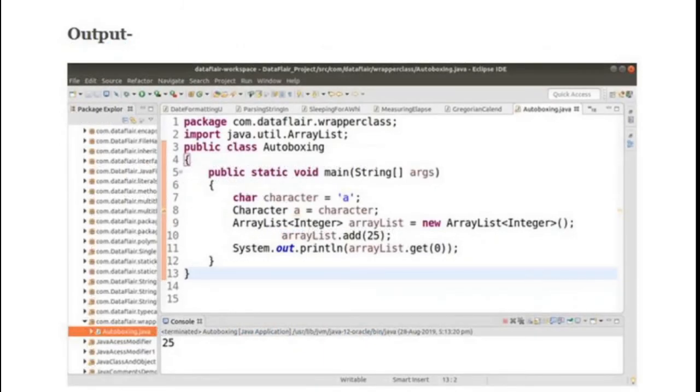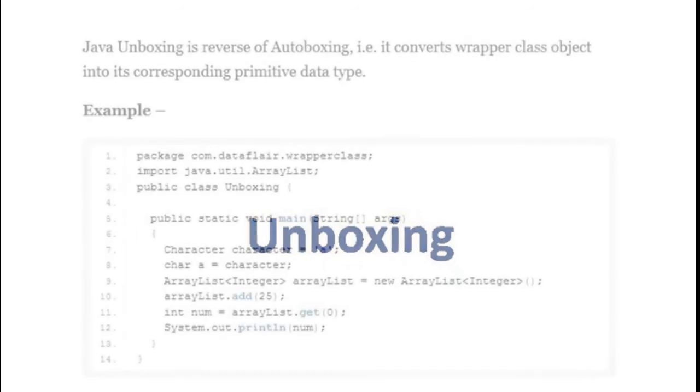Now, what is unboxing? Autoboxing was converting a primitive data type to its subsequent reference data type. Unboxing is the totally reverse of this process. That is, unboxing means converting a reference data type into its subsequent primitive data type. How can we do it?